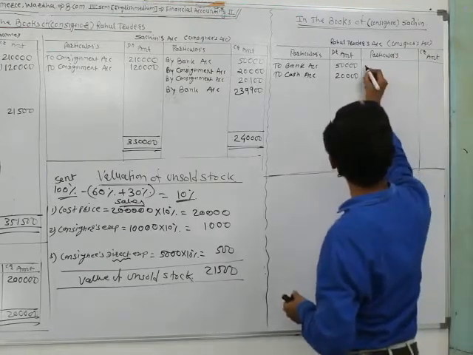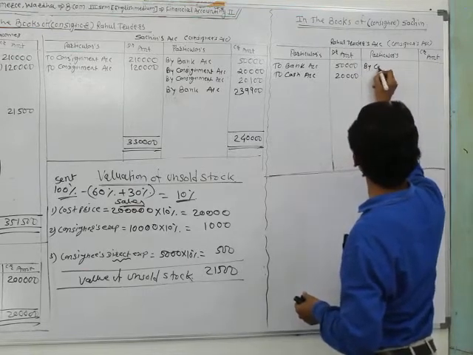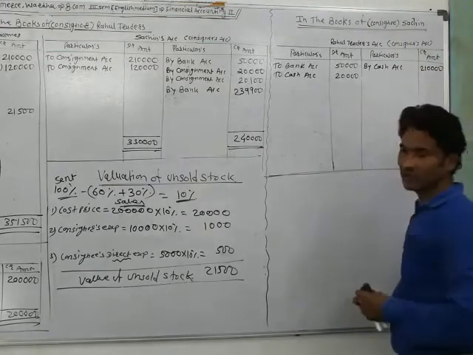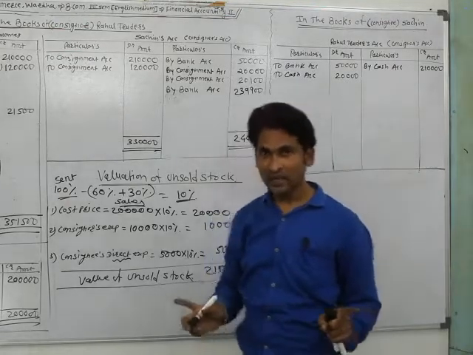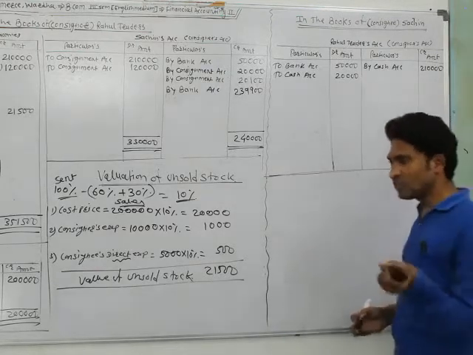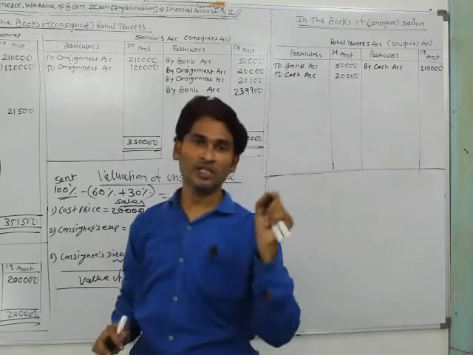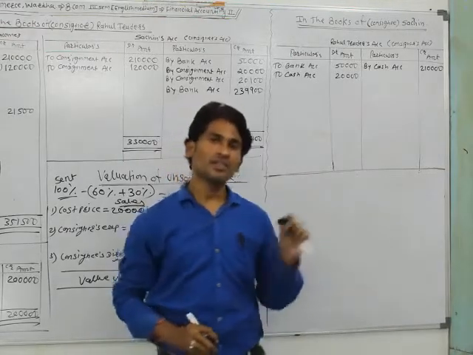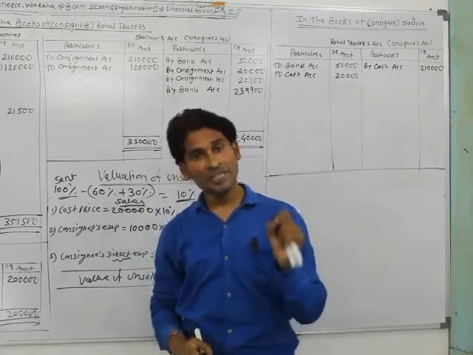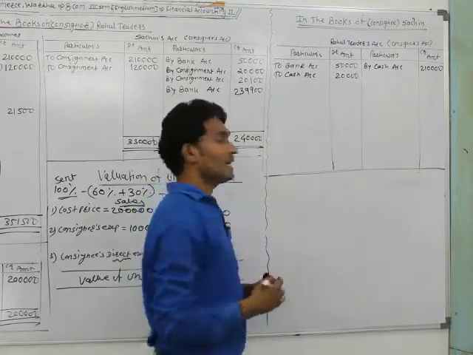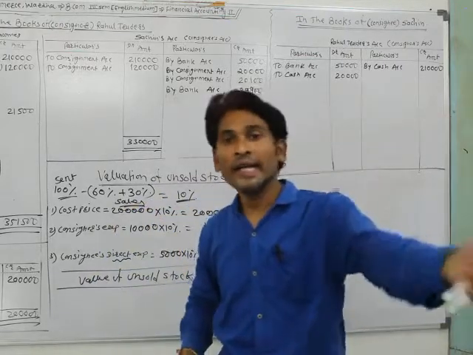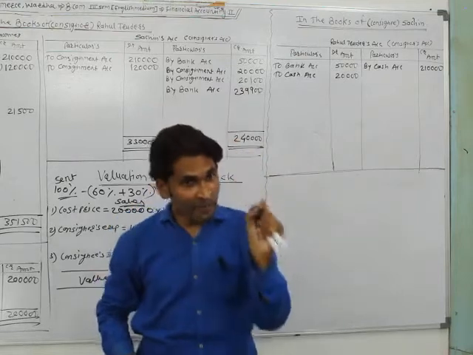When Sachin sold the goods on cash, it passed the journal entry cash account debit and Rahul Traders account credit. The journal entry for cash sales is cash account or bank account debit and Rahul Traders account credit. Write at the credit side of Rahul Traders by cash account rupees 2,10,000. It is a cash sale. Understood? And Sachin sold 30% of the consigned goods on credit.